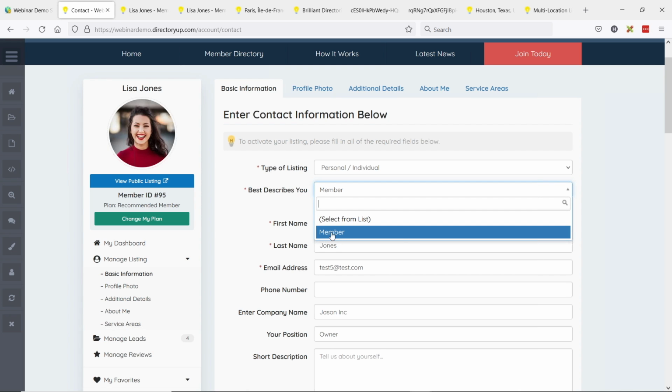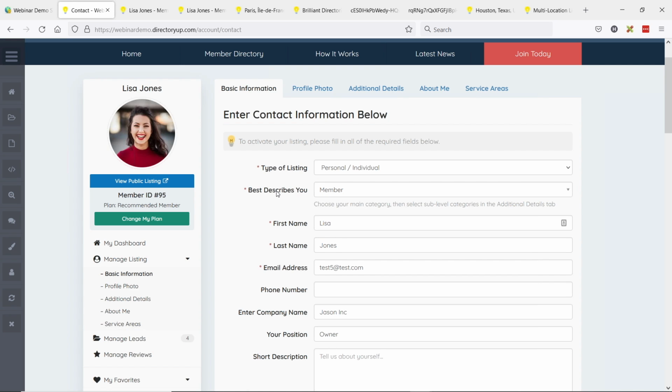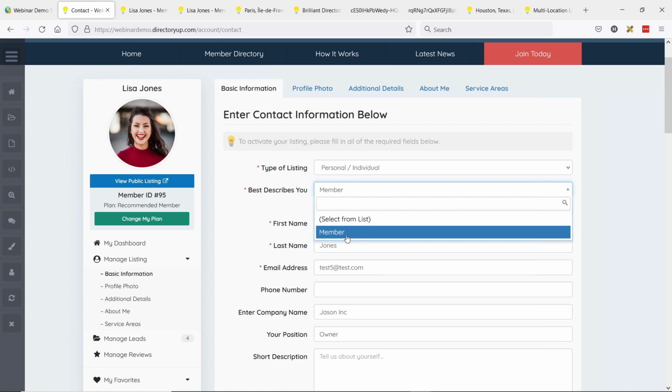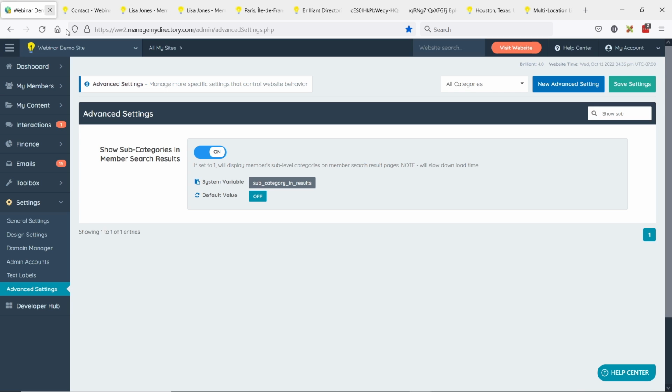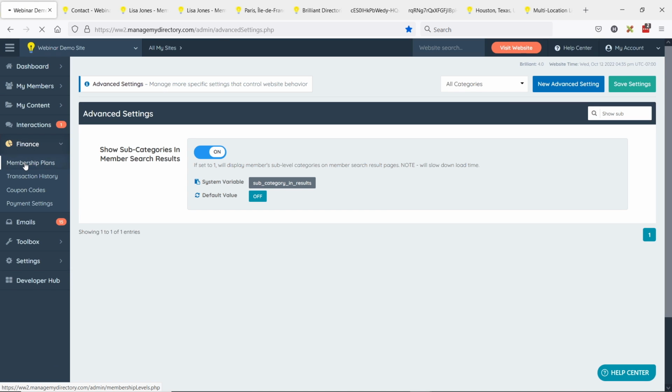There is only one top level category here. So we really don't need the member to select this on their own. And there is a setting, so when the member signs up, they'll automatically be pinned to this top level category. Let me show you where that is, and I'm also going to share another video that we did from a previous webinar. If we go to membership plans,